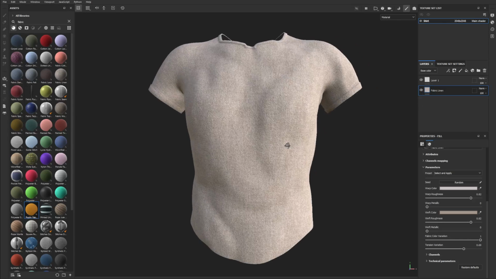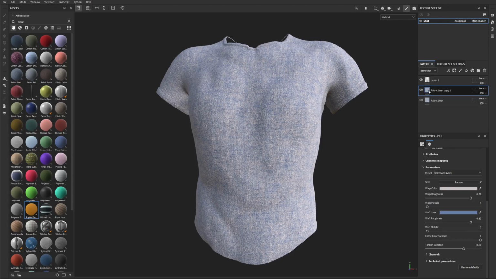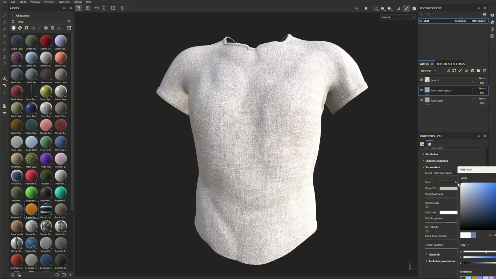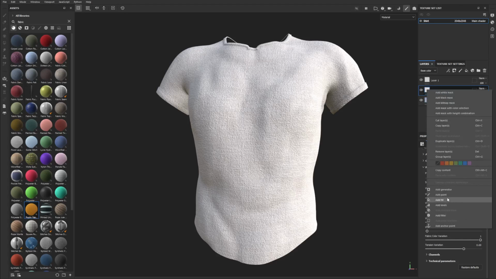Let's just take this one, man, seriously. And what we can do is we can just change its color to something like that. Beautiful. That is stunning, mate. That is stunning. I'm going to duplicate this one, and I'm going to change its color to something like white. All right, that's perfect. That's good. But what I've got to do with this one is I'm going to right click and say add white mask. Okay.